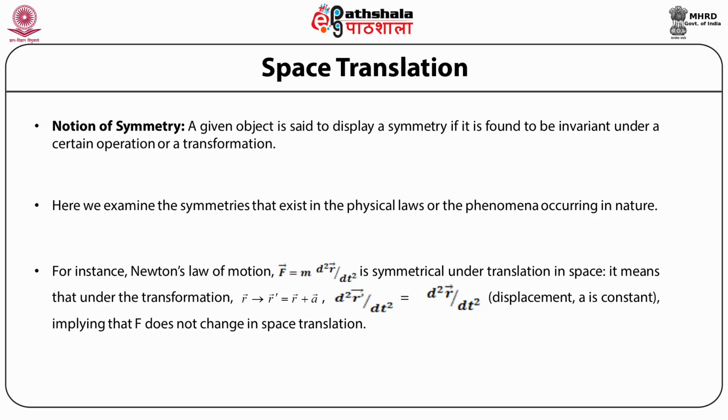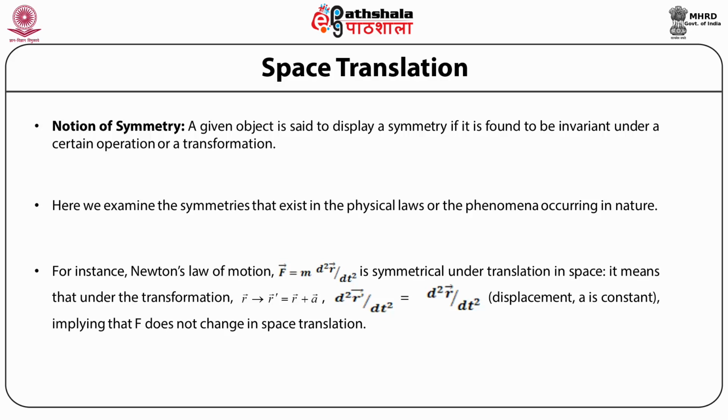What this means is that if we do a transformation in the position vector where the vector r is transformed to the vector r prime, such that r prime is given by vector r plus vector a, then the corresponding acceleration, given by the double derivative of vector r prime with respect to time, turns out to be equal to the double derivative with respect to time of the vector r plus vector a,